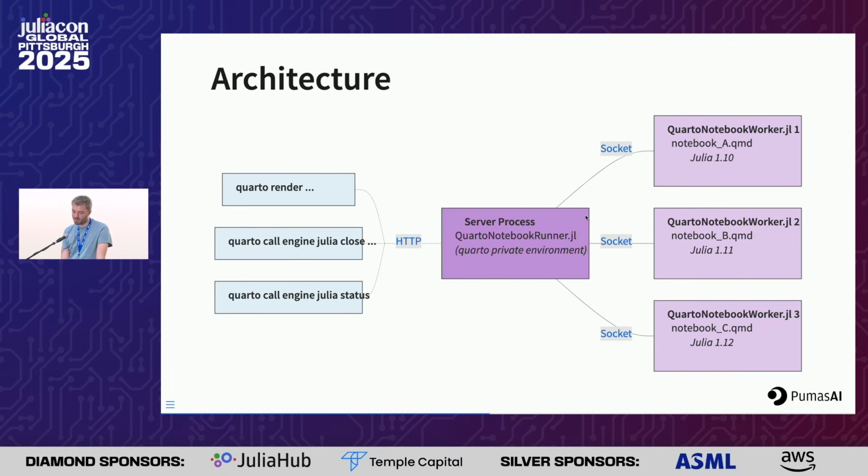We have the main package, QuartoNotebookRunner, which spins up a persistent server process, which waits for commands from Quarto to come in through HTTP requests. And there are a bunch of these. The main one you're going to use is Quarto render, but we've also added a couple of special commands to interact with the server process, like call IJulia close to shut down a certain notebook that is persistent, or status just to see what's going on, how many notebooks you have, how long they have been